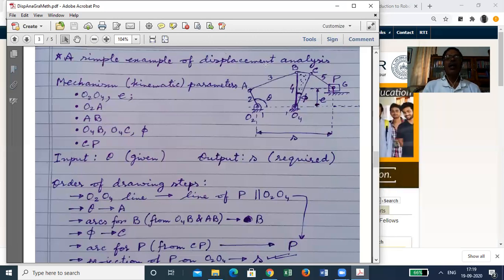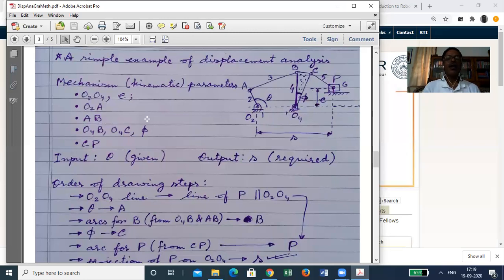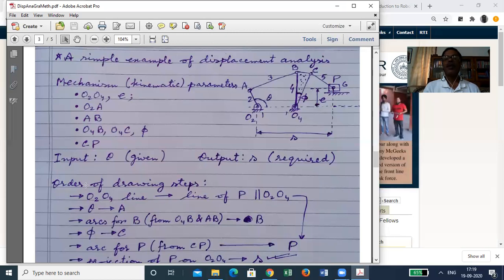Now here there is no point in showing compass, pencil, ruler construction to 20-year-old boys and girls. So I'll just point out to you the steps by which you can determine the locations of all the points. That is the order of drawing steps. Even this is really not very much required. You can figure it out. This is a very simple construction, something that you used to do in school.